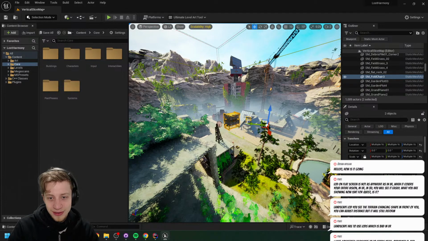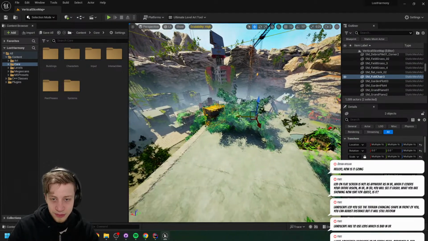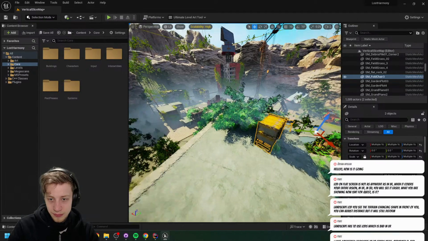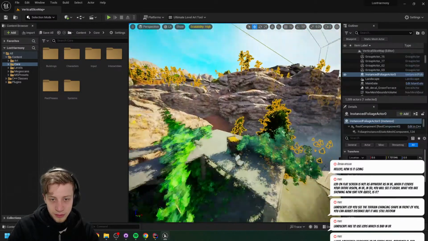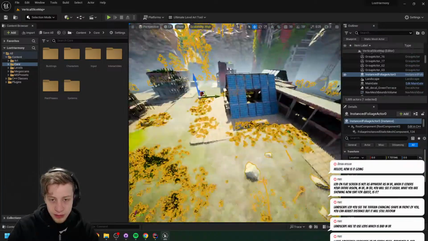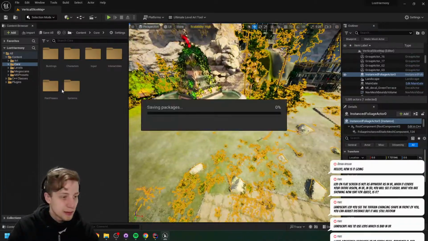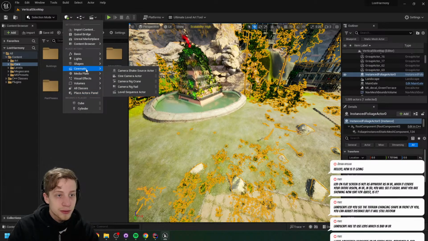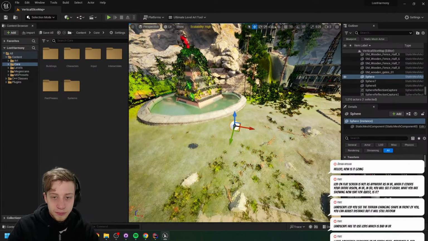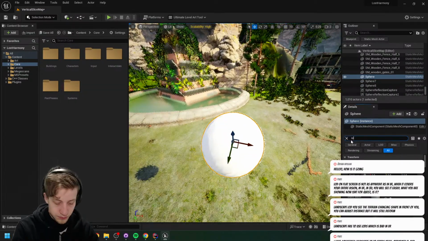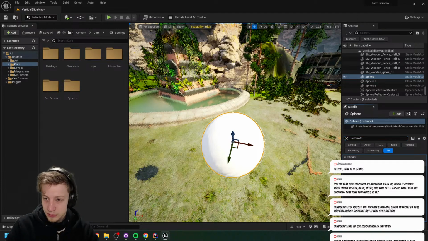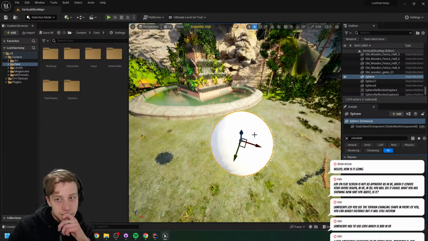It probably should not just fly in the air like this. Let's just move it in here. And let's say we're gonna have here some physics simulating spheres. So let's do that here. It's gonna simulate physics.